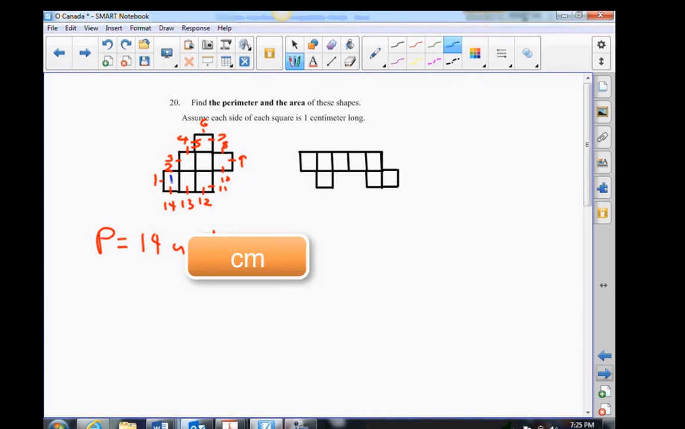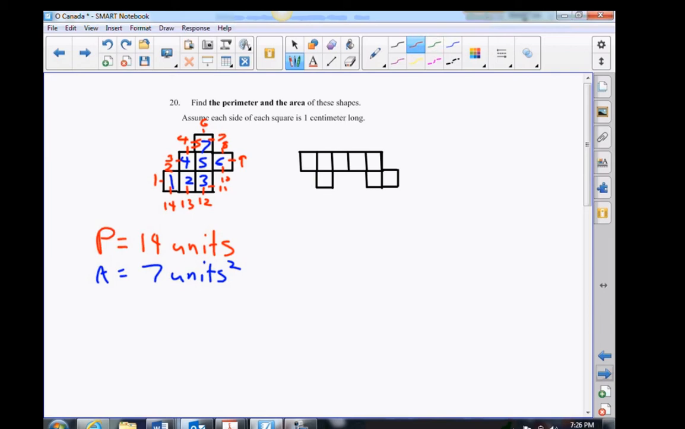For the second one, it is area, count the inside. Area equals 7 units or centimeters squared. Okay, and you do the exact same for the second question here. Count the outsides. 1, 2, 3, 4, 5,